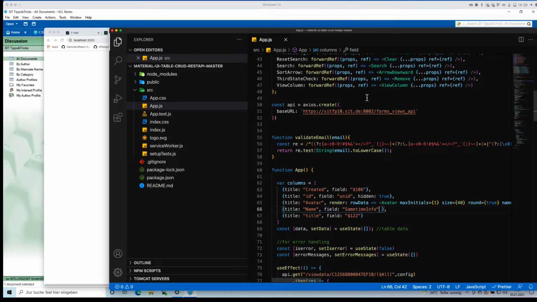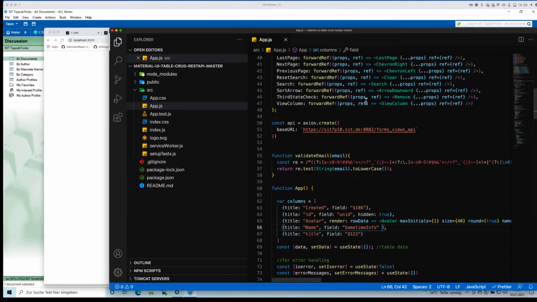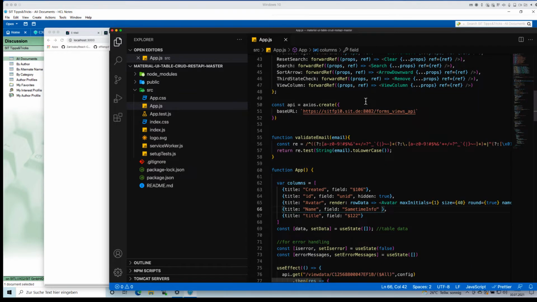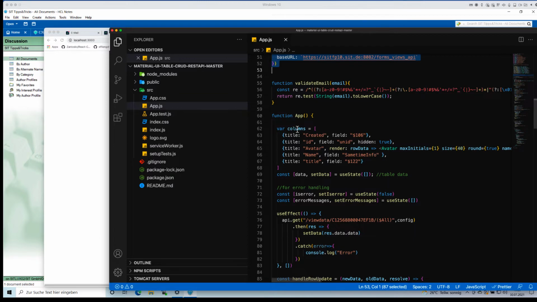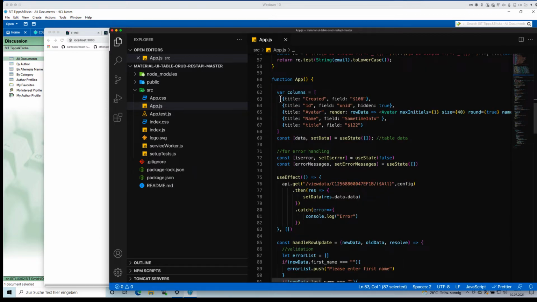So first of all, this is the front-end application. The REST API is sitting on our Domino server, ready to serve our document data. And this is our endpoint definition right here, right? So I define an Axios call, basic API call to our forms and views API, which sits on our Domino server. And I then have my application definition here in React, where I create my data columns that I need for the